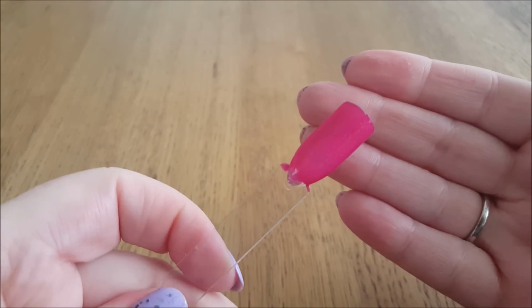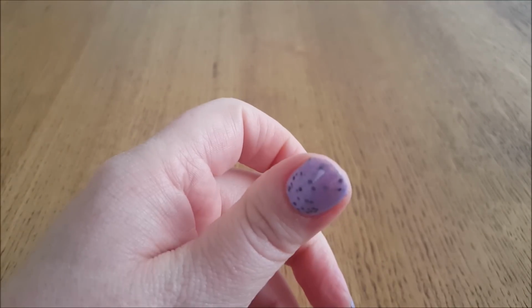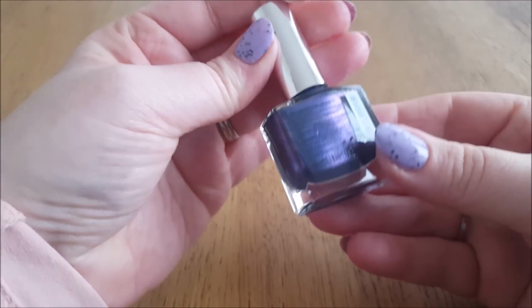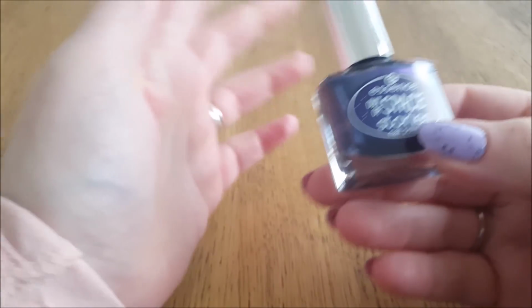I'm sure a second coat is going to be good to go. Beautiful pink. So that's Beam Me Up. I think that might be my favourite so far. Really pretty colour. Okay, we have another colour shifting one, and for a space themed